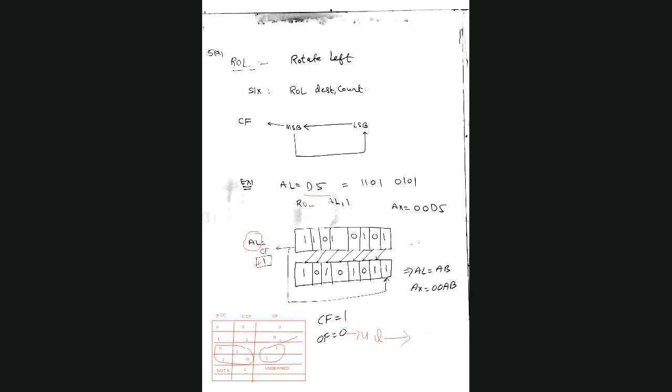When I show you some more examples, you'll understand. Don't worry, this is the first problem. Shall I go to the next page? You will understand it. Now, what do you got? AL, you got AL as AB, right? AB. Now you see, I am doing one more operation for this.